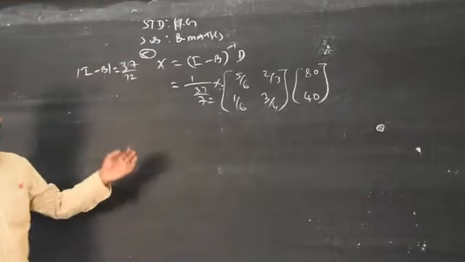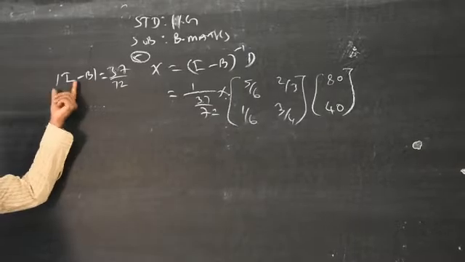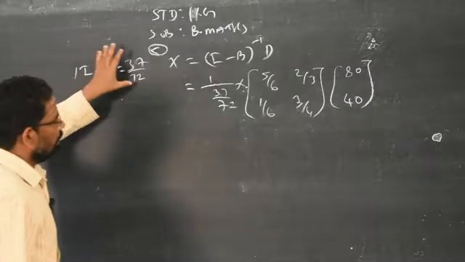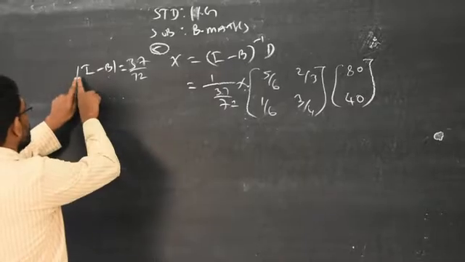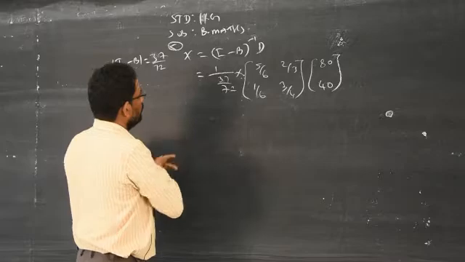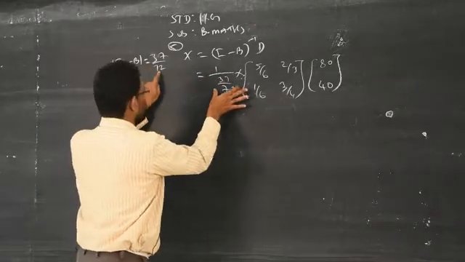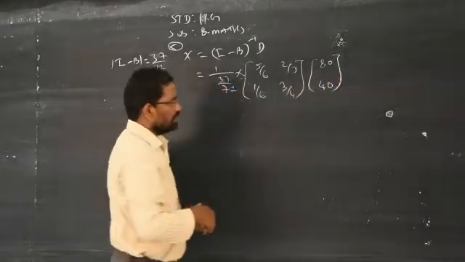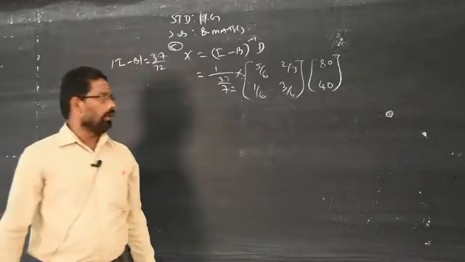Yesterday, I left some space to find out the determinant of I minus B. I asked you to work out the determinant of I minus B in the calculations part. Just now you verified: the determinant of I minus B is 37 by 72. So, according to the formula, 1 by determinant of I minus B, that is replaced by 72 by 37, into the technology matrix, into the demand changes. It is given already in the question as 80 and 40.